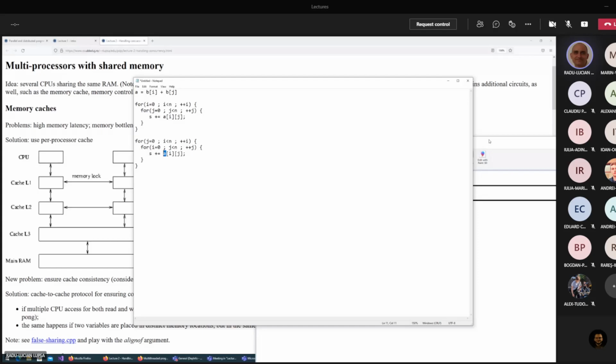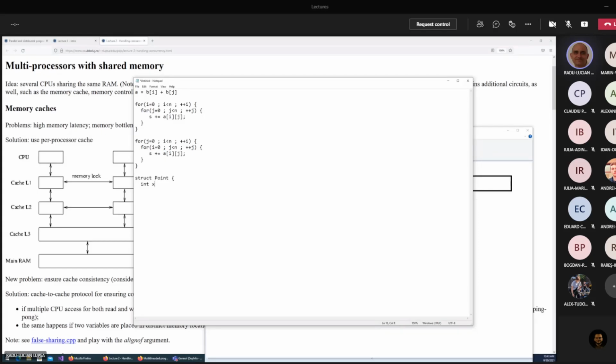You can go with struct point with int x and int y, and then have an array of points of whatever number of points. So this would be array of structures